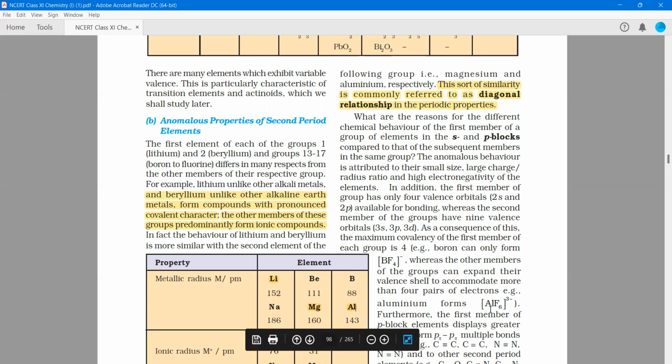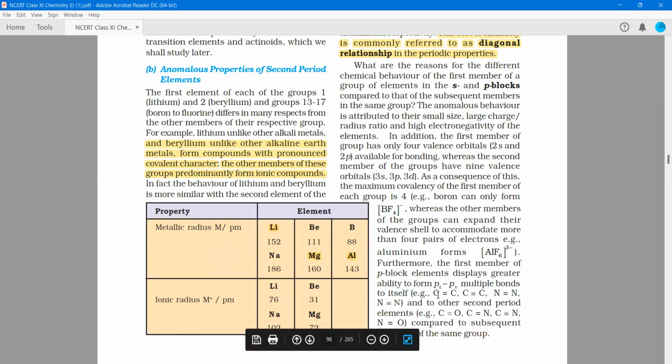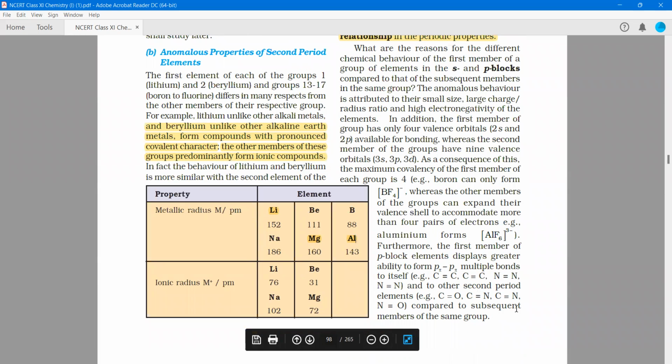Example, aluminum can form AlF6 3 minus. Furthermore, the first member of the P block elements displays greater ability to form p-pi multiple bonds to itself. Like, it has more tendency to form bonds with itself and to other second period elements only, compared to the subsequent members